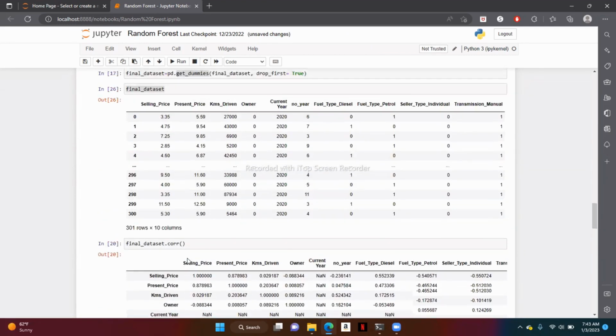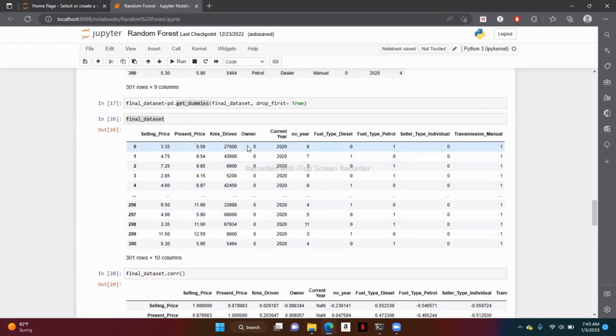So if I see here, in X, owner looks, everything looks zero. I just want to see how many unique values are there. Is there any other value or not? Because this looks like everything is zero. What I meant to say is, if everything is zero, there is no reason for me to use this